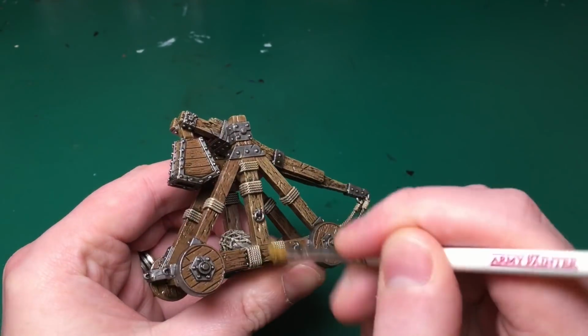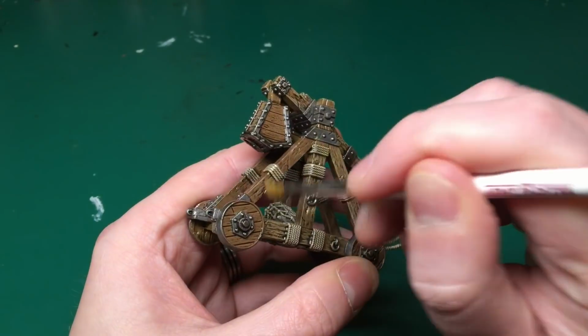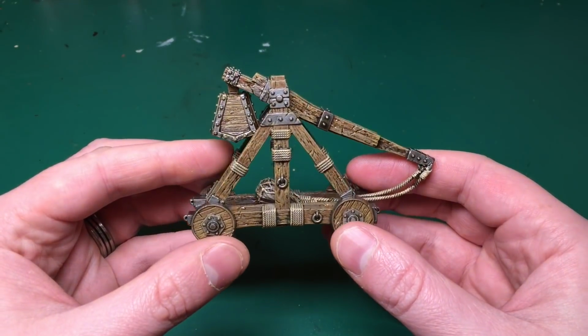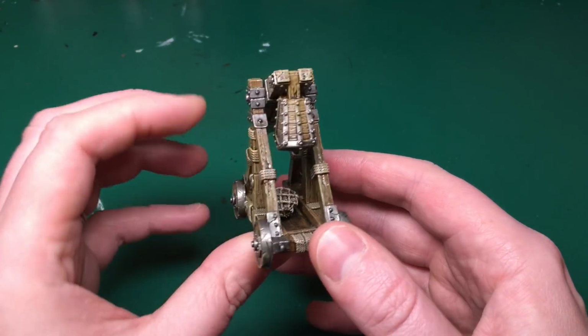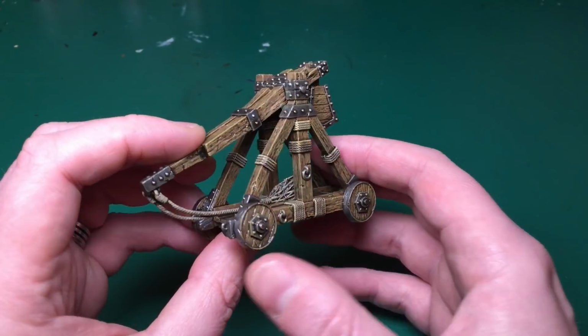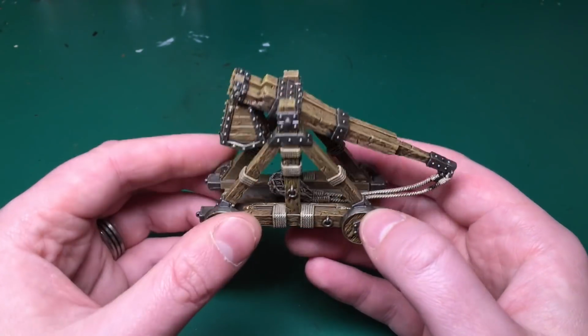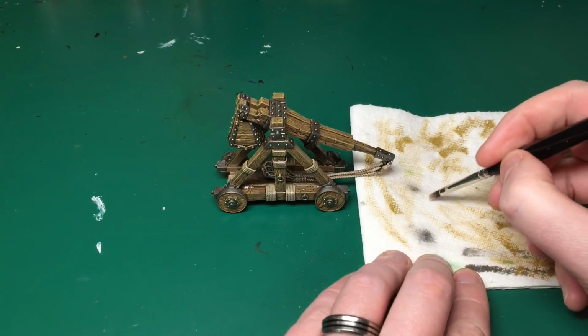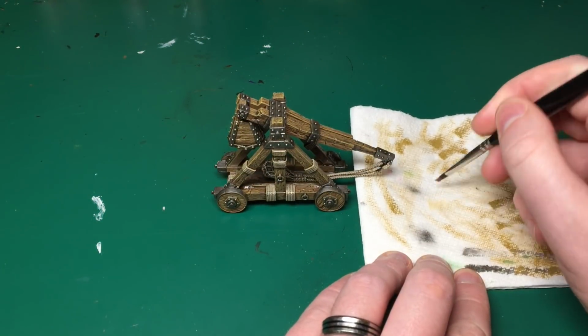Applying that Quick Shade is a piece of cake. Nobody should stop before that, but maybe you're thinking I want to use a wash instead, and that might be more difficult. That was me dry brushing Zombie Skin mixed with Leather Brown, about 50-50. I'm trying to make a yellowy brown just to highlight up all that wood. And I just dry brushed it across all the planks of wood, and I just left a very thin layer